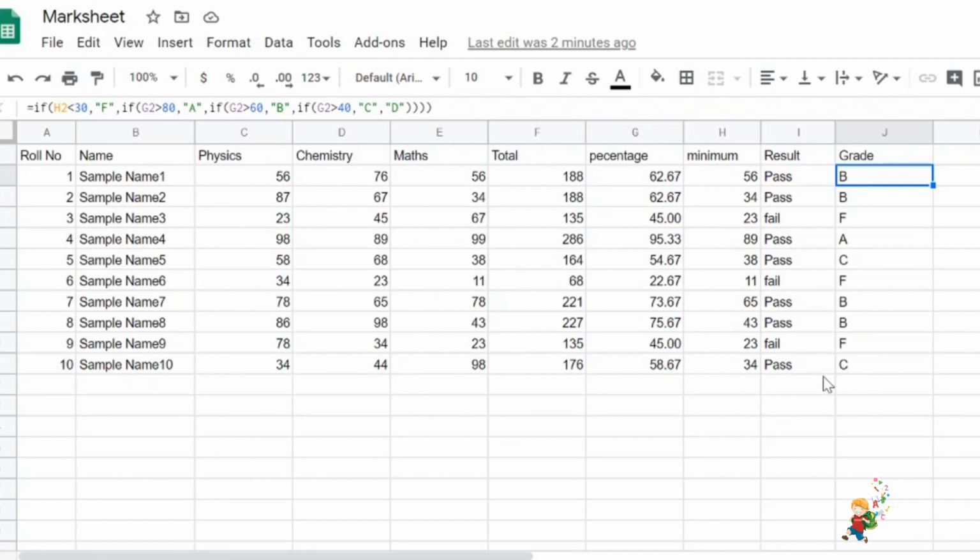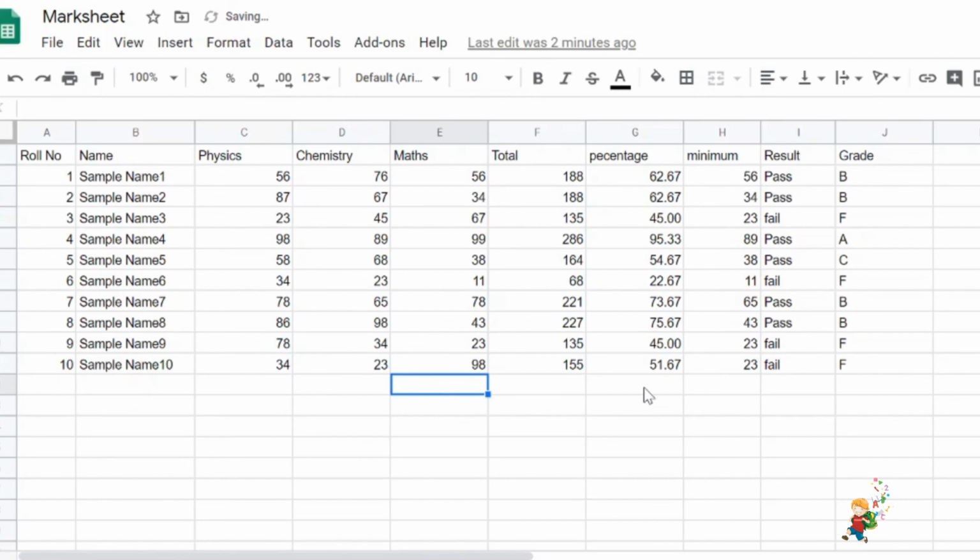Here this person is getting C grade. If I change one of his marks to 23, he should fail and his grade should be F. Let me enter the marks. You can see now the result of this person is fail as well as the grade is F.